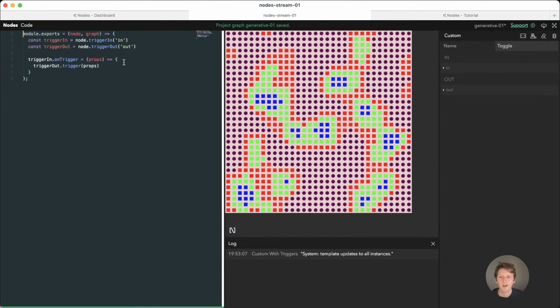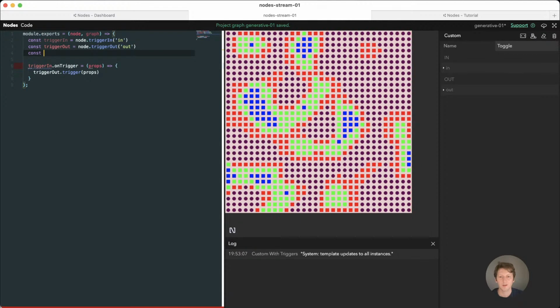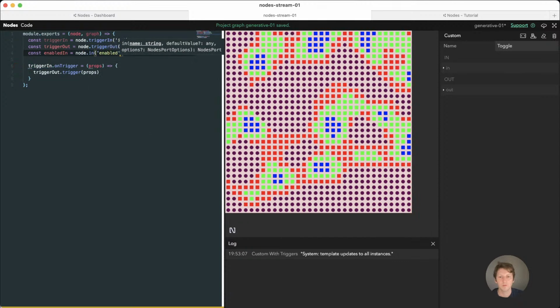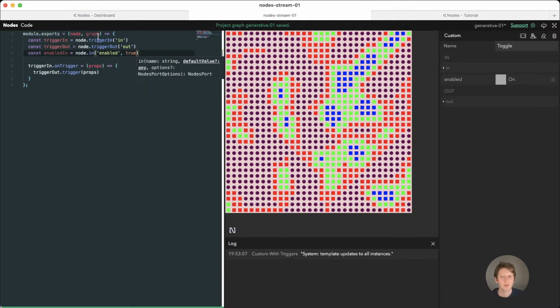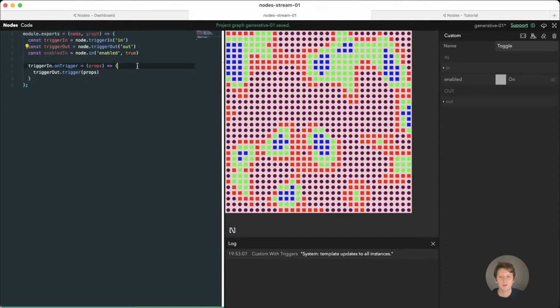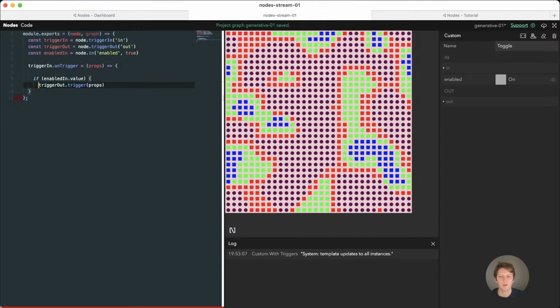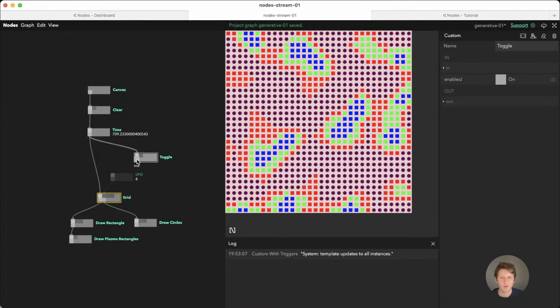Toggle. So I'll add a button here, const enabled in, node in enabled, and I'll say true, so I get a checkbox. And now whenever this value is true, I trigger, and if it's not, I don't trigger. So I can plug in my LFO